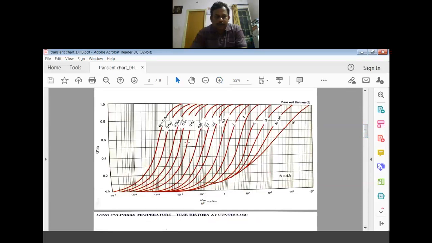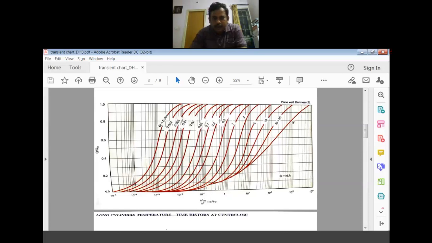Okay, this is a chart. What is 0.13? And 0.21 is the Biot number. Approximately here it is around 0.4 of some value. So how much have I taken? This is 0.01, this is 0.1, this is 1. 10 to the power of minus 1 is 0.1. 0.13 will be approximately here.